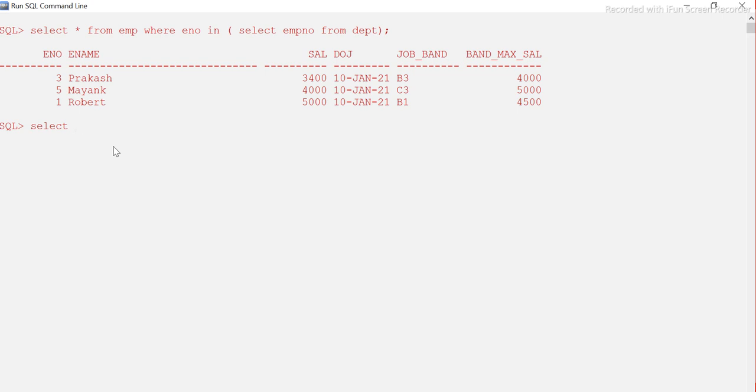So when I say select star from EMP, I'll just give alias E because I have to put the joiner inside, right? Now where E number in, I'm going to say select EMP number. I think in fact I don't need to use the alias because my columns are different, right? So no need for alias. Okay, I'll say EMP number from DPT where